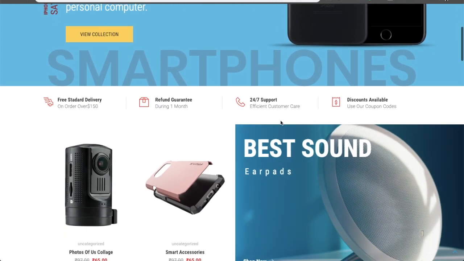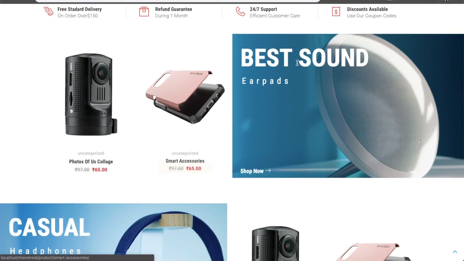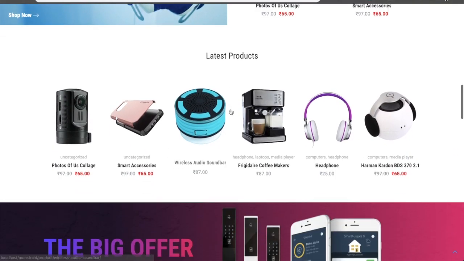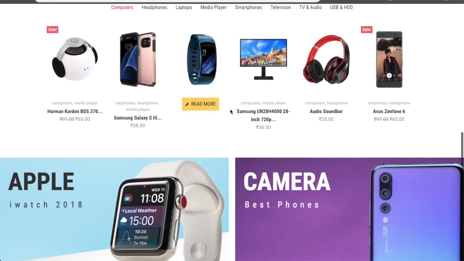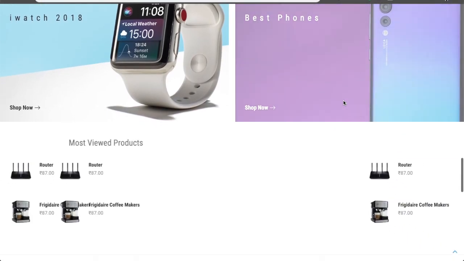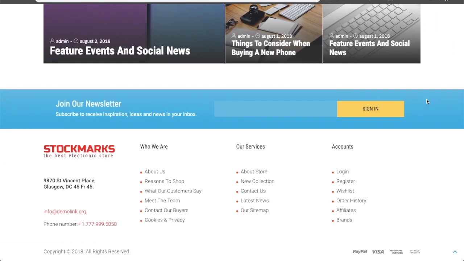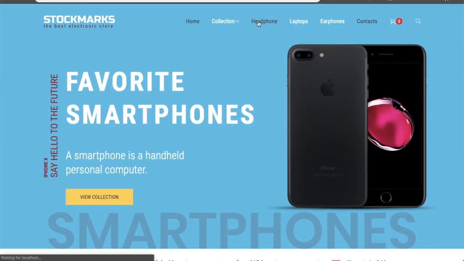And after that, if we come down, then we can see that different sections are over here. Here you can feature some of your best policies, and after that you can see it is a beautiful UI, which is showcasing our products on our website beautifully, right? So this is the website and this is the layout which we are going to build today. And after that, if we go to any of our categories,